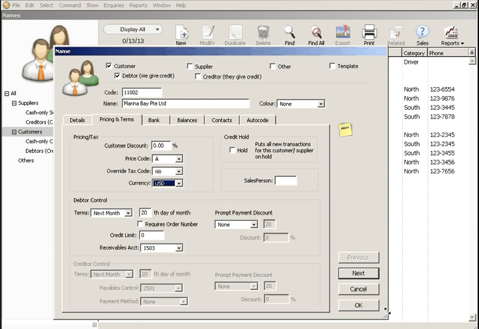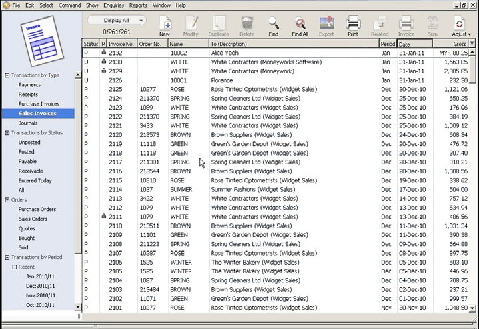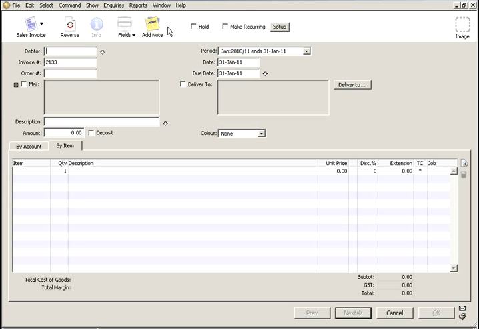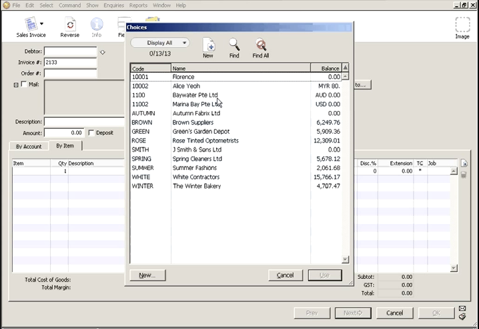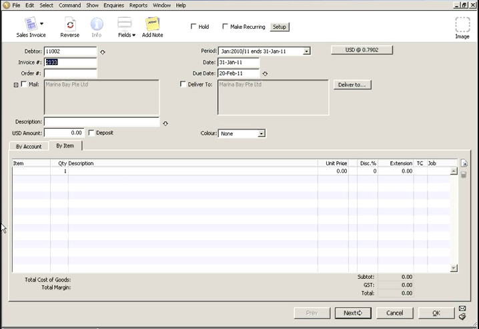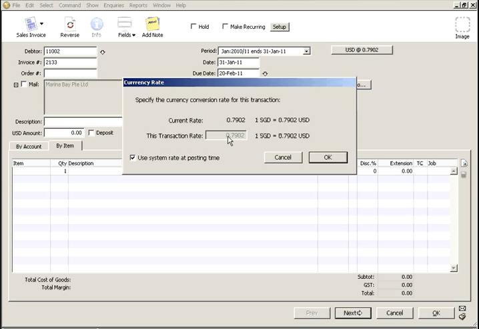Then when you create, let's say for example, a sales invoice, new sales invoice, you can see once you choose Marina Bay Private Limited, in this case, the US dollar amount will be automatically come out when you do the invoice. And you can see also here the exchange rate has been taken as a system rate here. And if you need to change the rate for today, or when you're going to invoice your customer, then you can just click this and then uncheck this use system rate at posting time, so you can change the rate